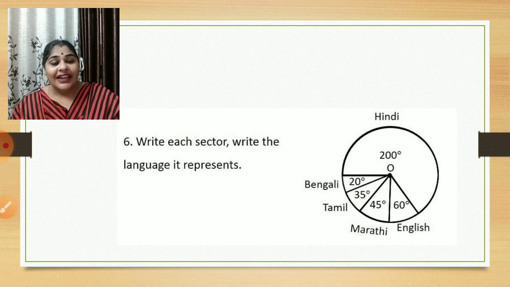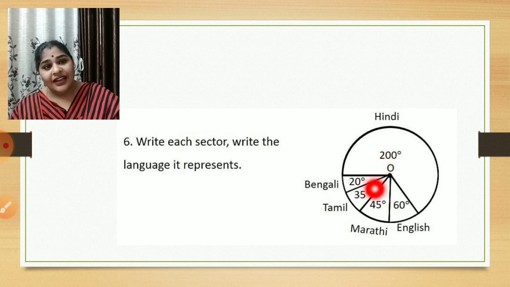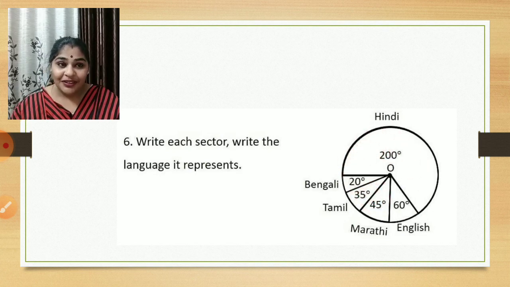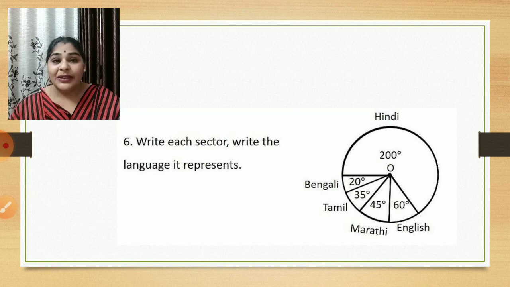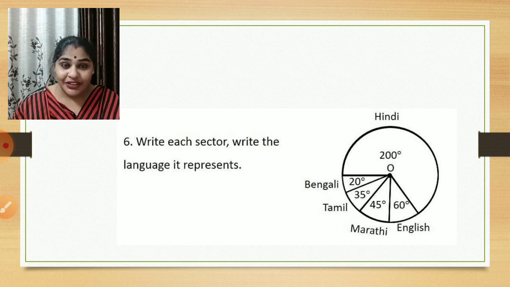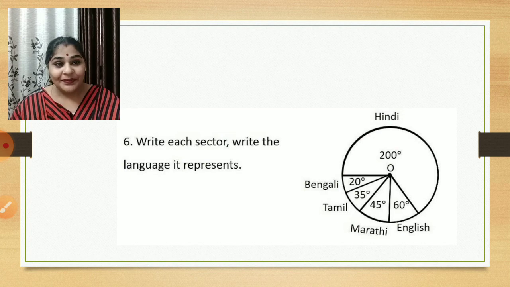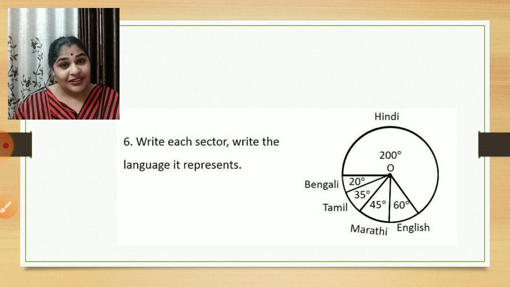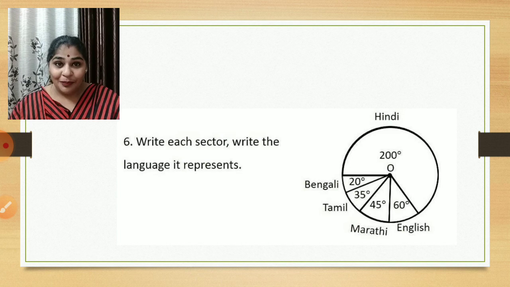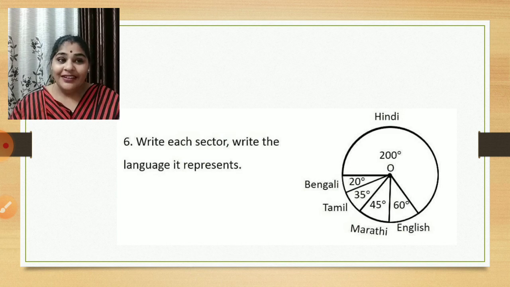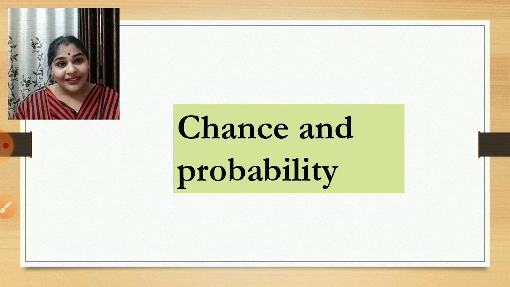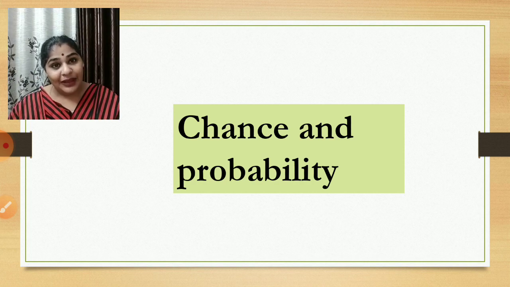And at last you will see your figure something like this. Children who take 200 at last may see 200 degrees here and others on the top. So that doesn't make any difference, children. Angles should be properly mentioned and the rest of the data should be properly mentioned. So that's it. We will stop our pie chart topic. I hope now it is very much clear, and we proceed with the next topic, that is chance and probability.